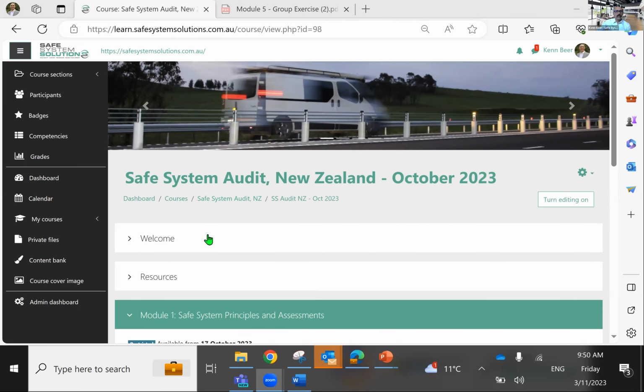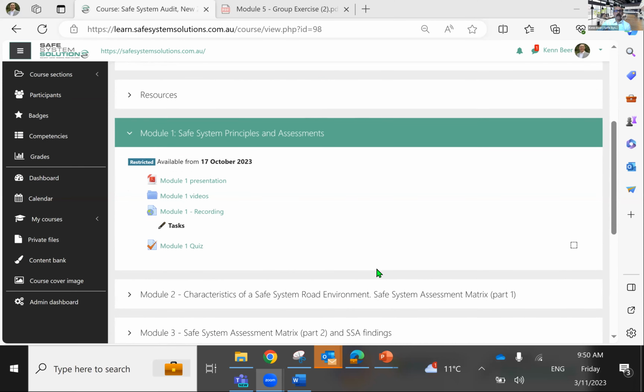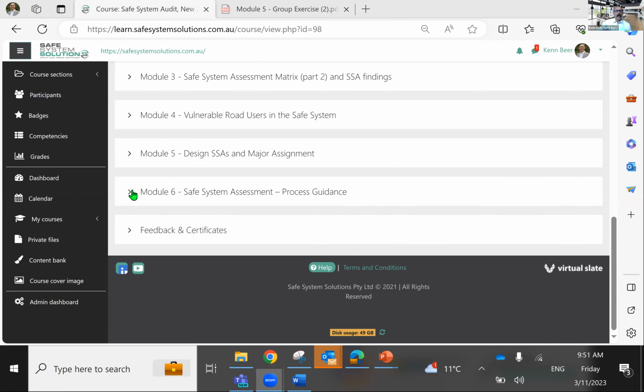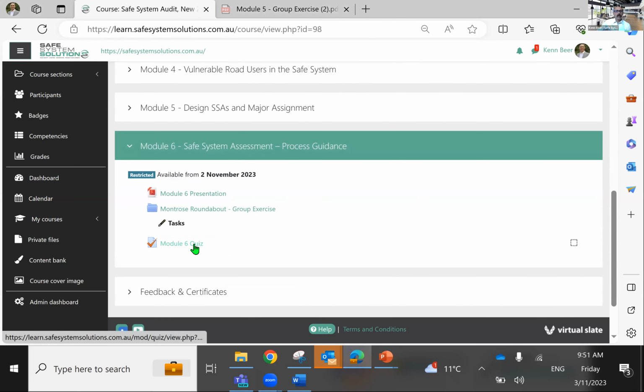Of course, you will have to have gone through and made sure you've completed each quiz. Anywhere there's a square box, it's got to have a tick next to it. So complete all your quizzes in each of the modules. And you're going to have to complete a quiz for today, which covers a raft of things from the course, just generally an overview to check you've picked up the key concepts. So you've got one more quiz to do.